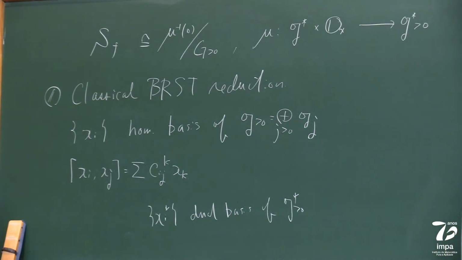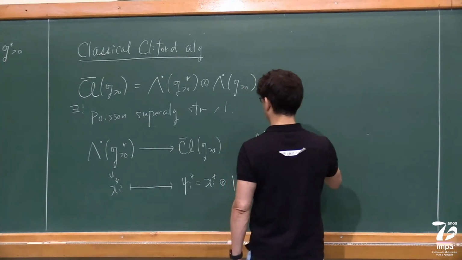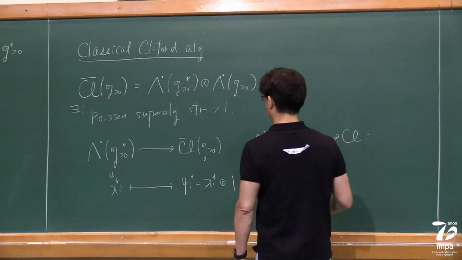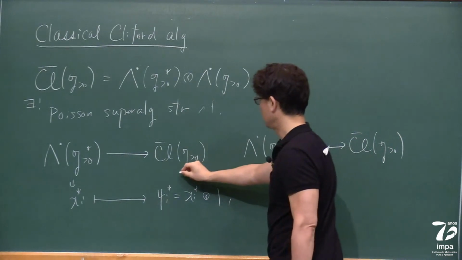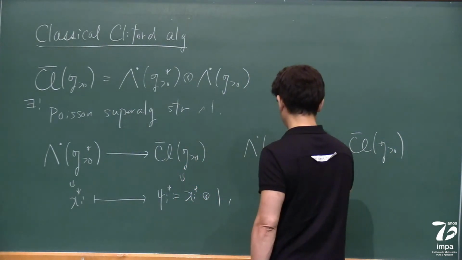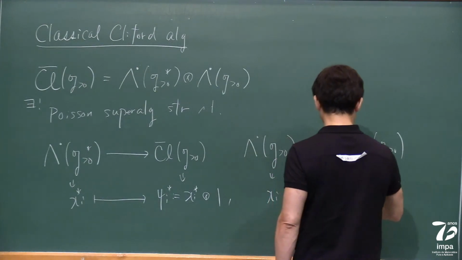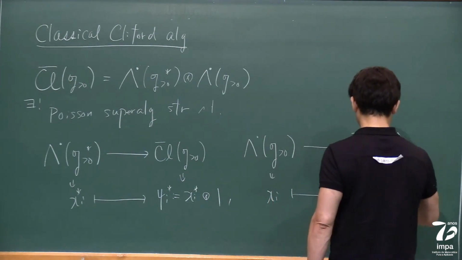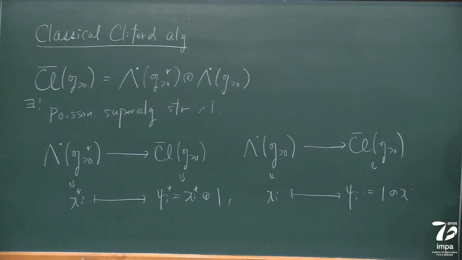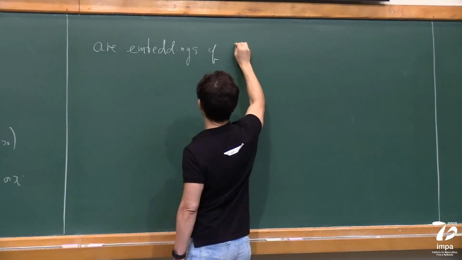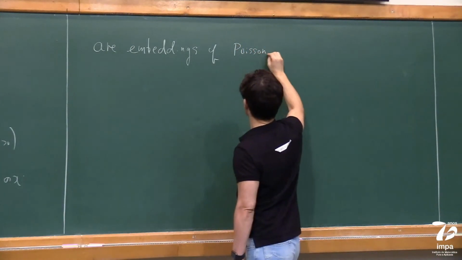And we have also an embedding from the Grassmann algebra of G positive to this one. So this is a definition. So these are embeddings of Poisson superalgebras,